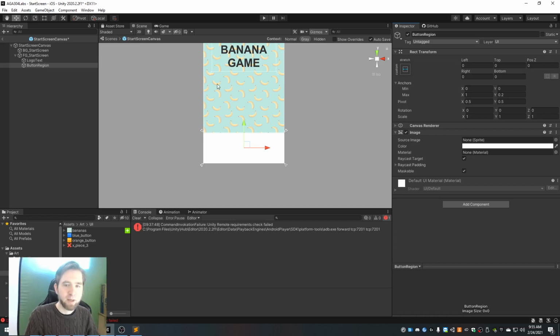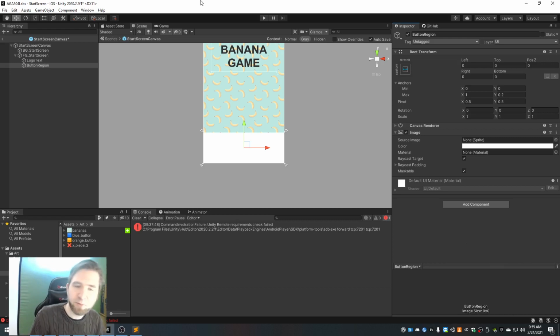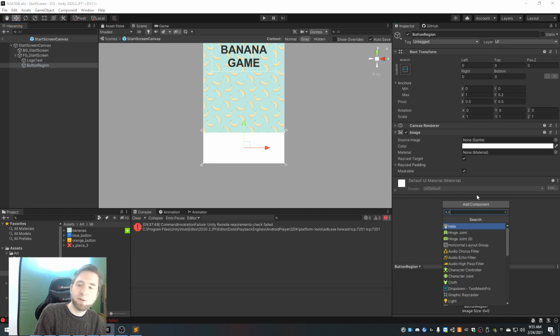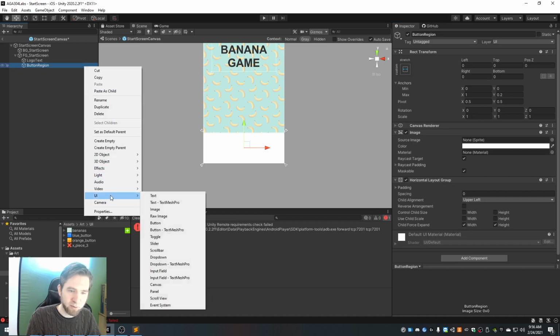And so now I want to make sure that I have buttons there and that I can click in it no matter what my resolution of the screen is. Now that we're here, a button region should have a horizontal or vertical layout group depending on what you want to do. I was thinking about having 2 buttons on the bottom corners or something like that. So I have a horizontal layout group and I want to have 2 buttons in it, so I'm just going to right click